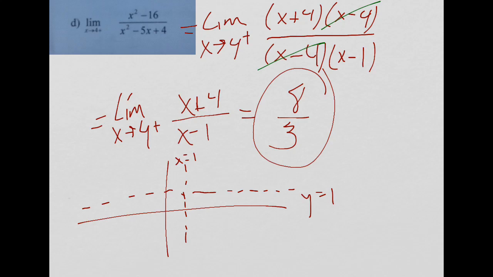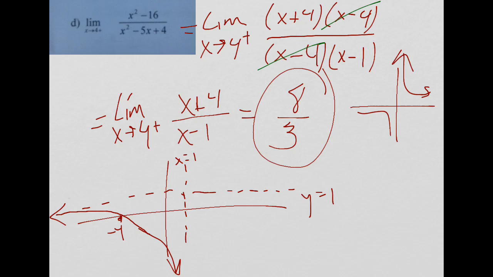Anyway, so I also know that this thing passes through, it has a 0 at negative 4, and that's because that's what will make the top of the fraction 0. So negative 4 like this, which tells me that it goes like this. It's one of these rational functions that looks like a variation of 1 over x, like that. So this thing, I guess I should have done it in a different color than what's up there. So anyway, that thing looks like that. With the exception of, so this was 1, 2, 3, 4. So at x equal to 4,